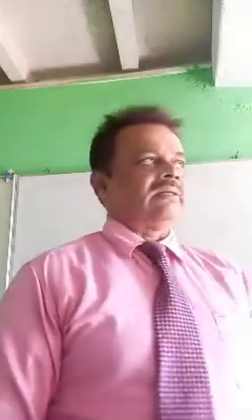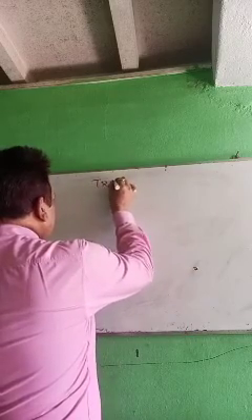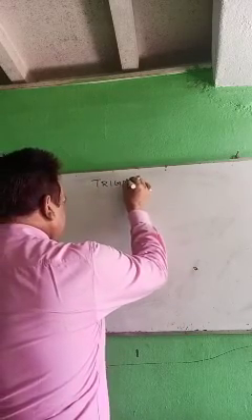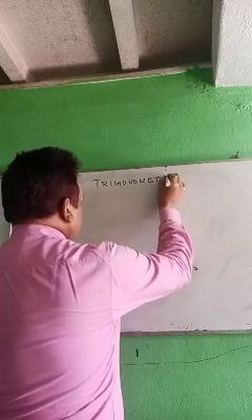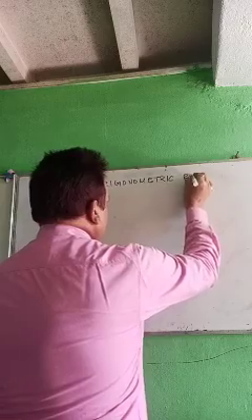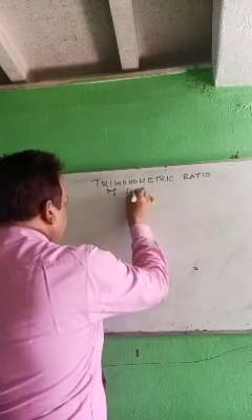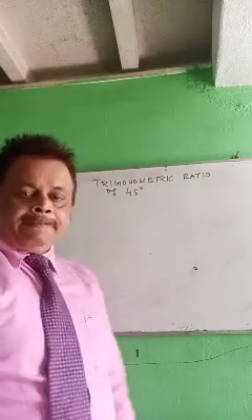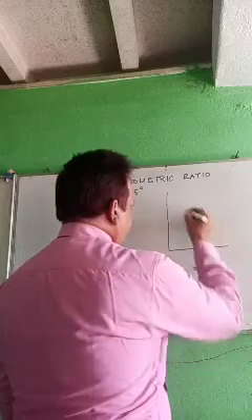So today we'll discuss the trigonometric ratios of 45 degree, 30 degree, 60 degree. First we'll look at the trigonometric ratio of 45 degree. So when you consider a right triangle,